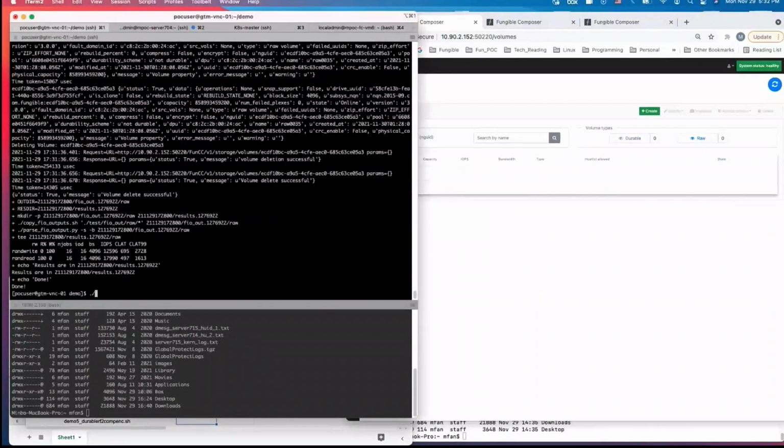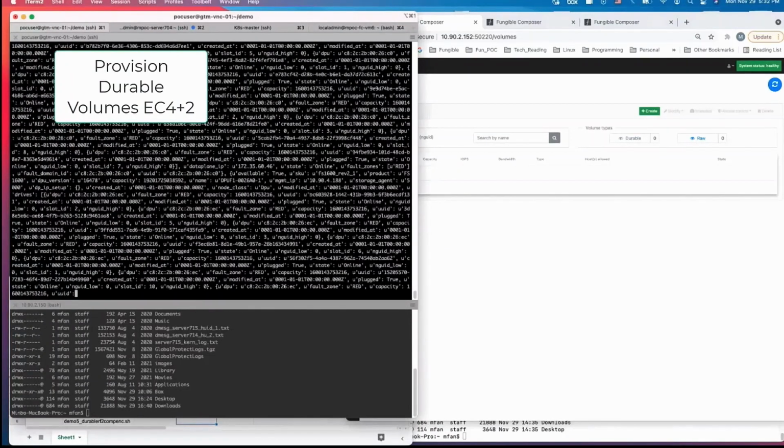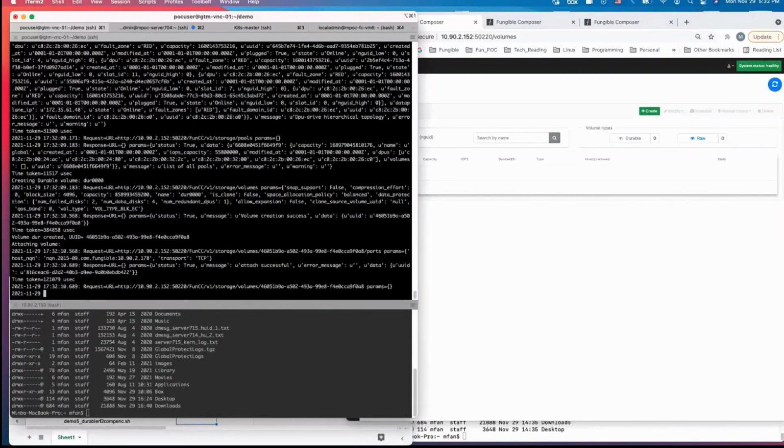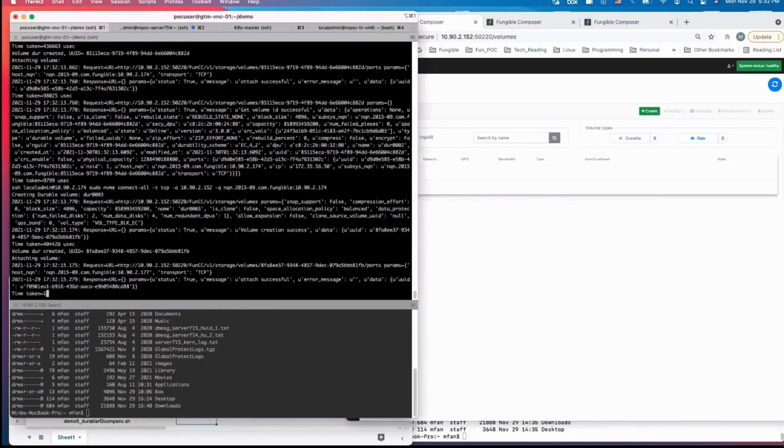It takes about 2 minutes to do it. And then what we'll do is we'll go ahead and run the second test. So now we're going to leverage an erasure coded volume without any data services. So it's simply just durability to provide that erasure coded experience where